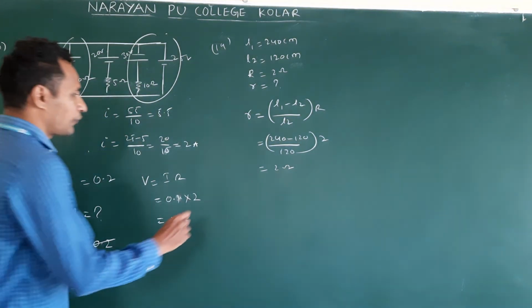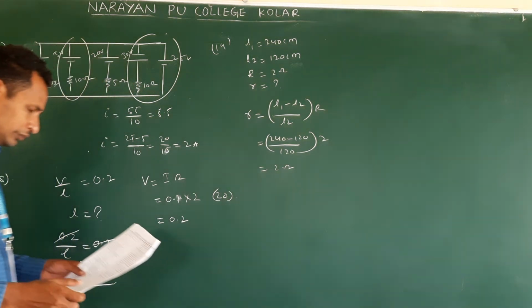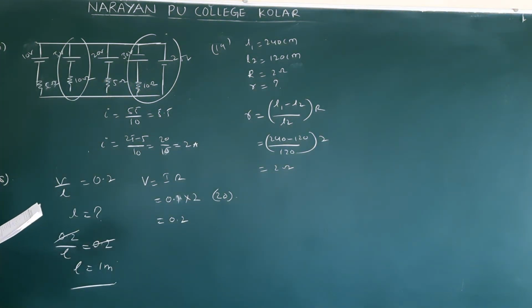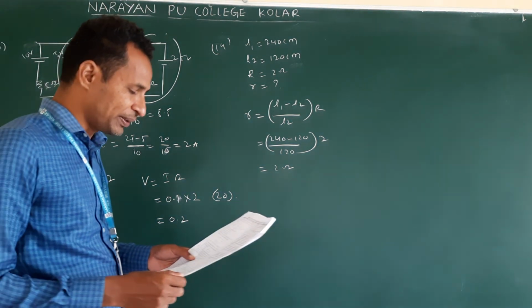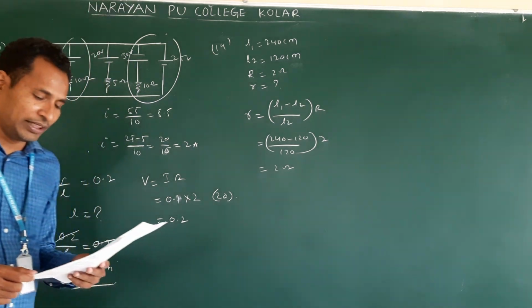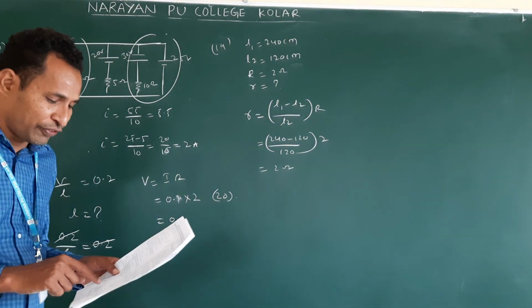Next, 20. In the figure, the potentiometer wire AB of length L and resistance 9R is joined to the cell D of EMF E and internal resistance R. The EMF of cell C is E by 2 and its internal resistance is 2R. The galvanometer G will show no deflection when the length AJ is? Okay, in the figure they mention, what does that mean? No current flowing through the galvanometer means the EMF.